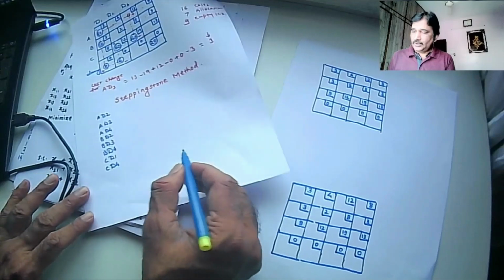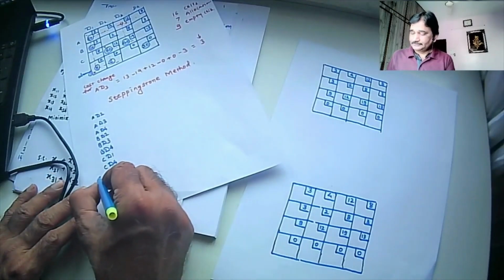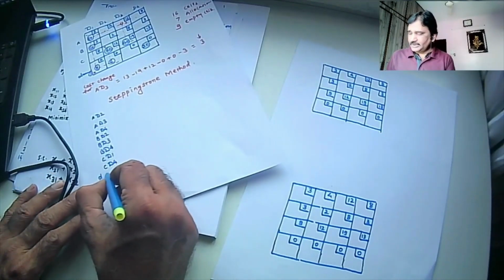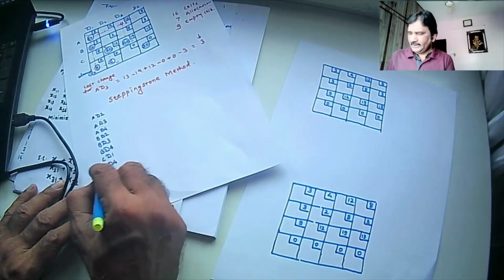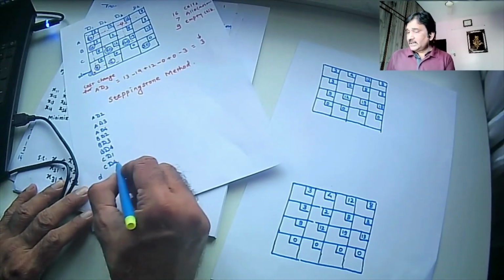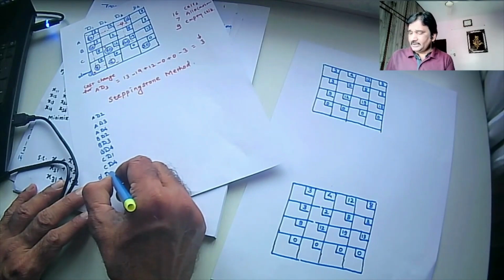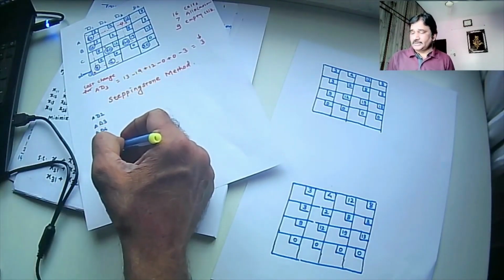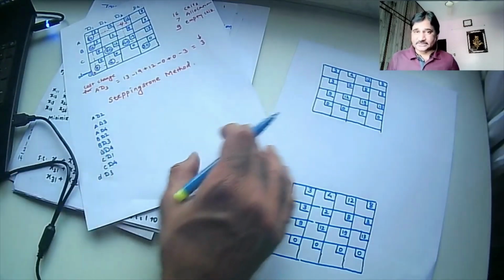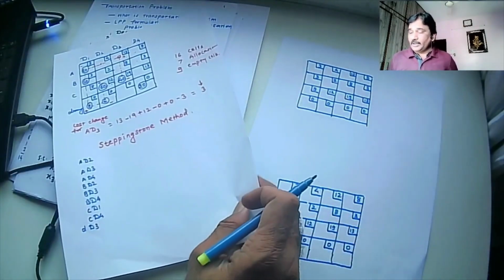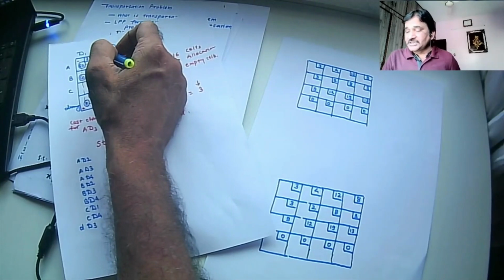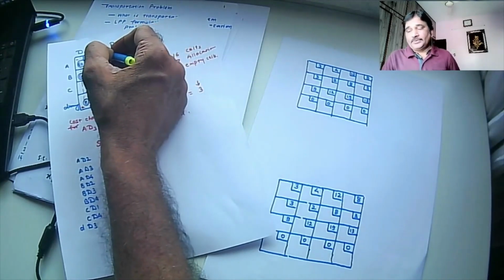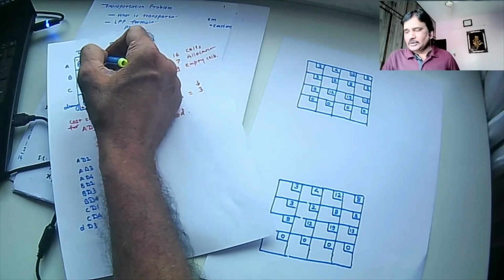Then you have the dummy, which I'll now be calling D only. D for dummy, and D3 is the only empty one. So how many empty cells are there? 9: 1, 2, 3, 4, 5, 6, 7, 8, 9. So we have to find out the saving potential of each of the empty cells by doing 1 unit